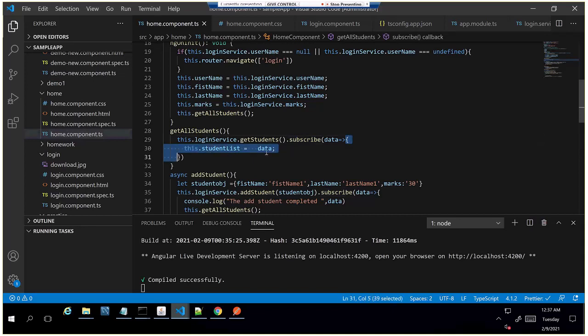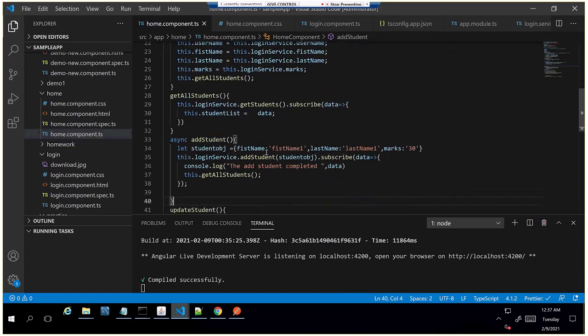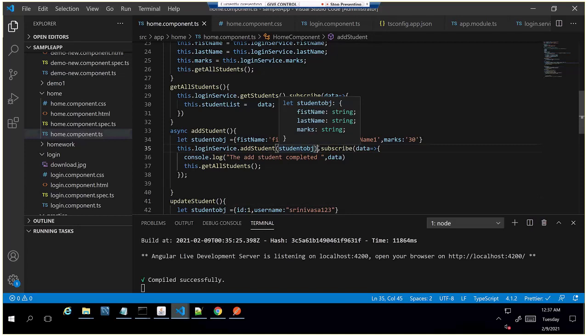So even in case of add student also we are subscribing to this REST API, and once the REST API is completed, then we are getting all the student records, because this is an async call. Once we get the response of the previous REST API, then we are making another call. This will return us all the student records.